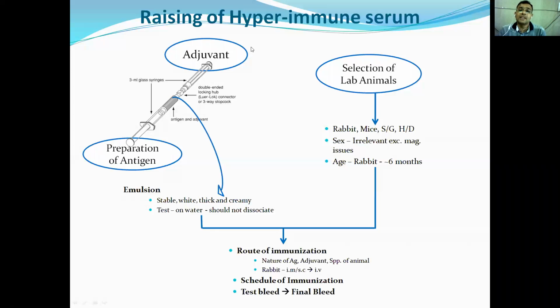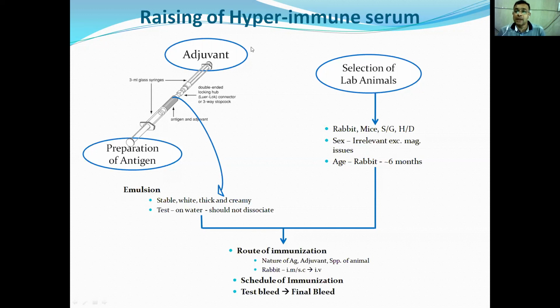So that's why they are considered as hyperimmune serum. Now, how can we raise the hyperimmune serum? Generally, if you go back to the earlier slide, I had told that once an antigen enters the body, the immune system will react against that antigen after recognition, and as part of that reaction, it will produce some immune molecules, and there might be antibody production.